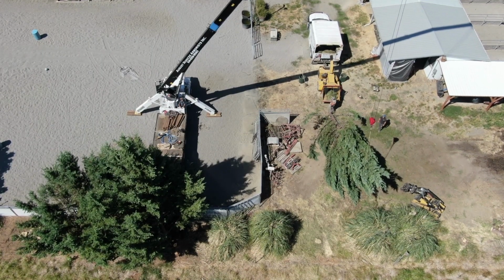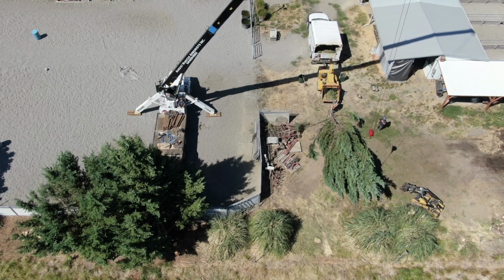Totally forgot to hit record on the camera. Either that or it's just turning itself off. I don't know. But we'll show you this next pick. We took half this tree. Now we're going to take the other half. And we want to kind of